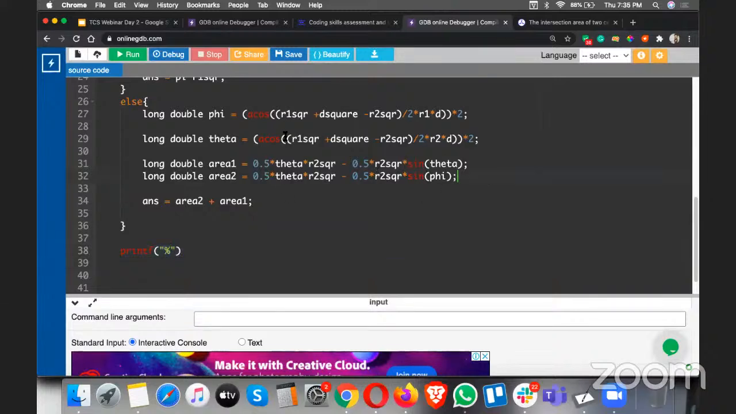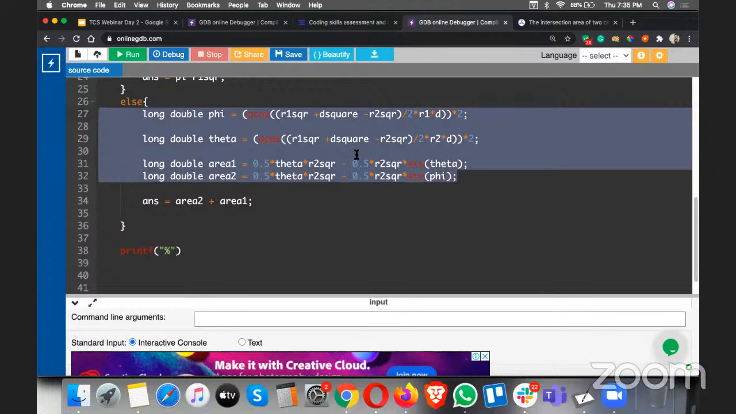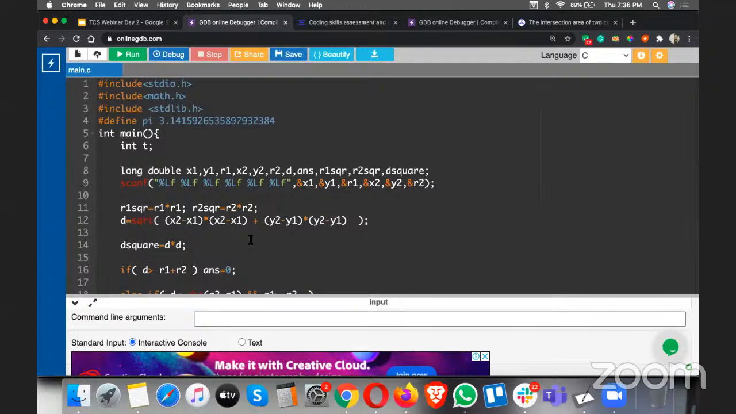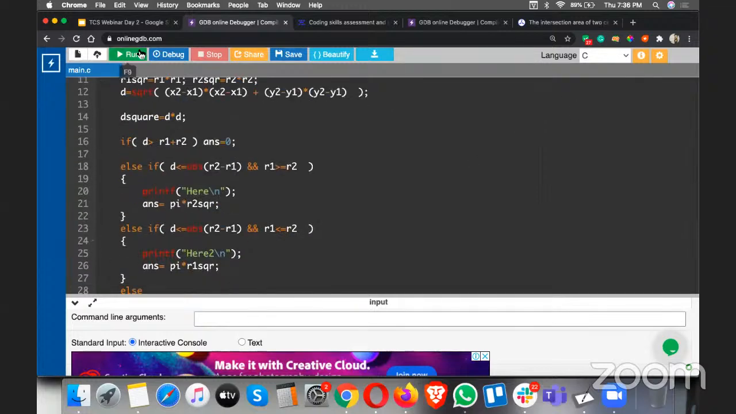Then again, I could have made multiple mistakes in this particular part, which is why I've written it already, because these are too many formulas, right? So again, we'll have a look here. So this is the whole thing. Finally, what we are doing: long double x is equal to answer, and we are printing the answer, right? So now when I run it, so if I run it here,